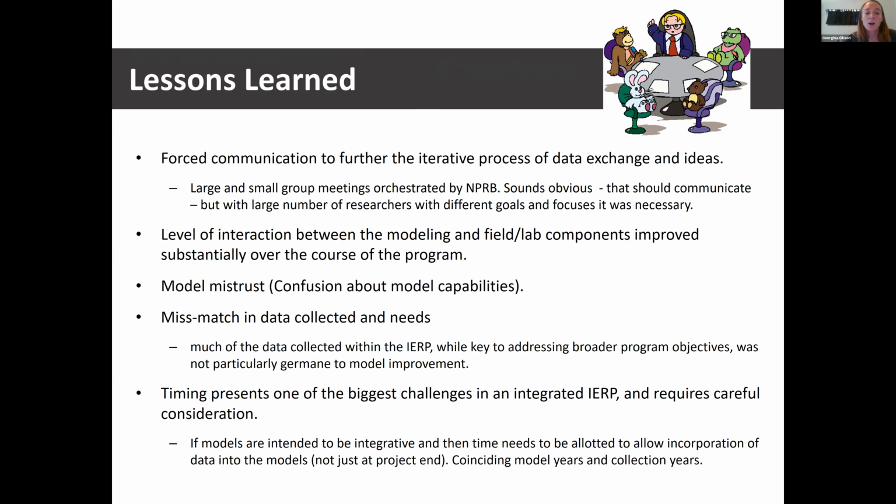And a lot of that, we got to the bottom of it, seemed to stem from big confusion about the capabilities of the models and what models could realistically show us. Yes, the model is not going to match your exact pet data point at a certain place and time, but that didn't invalidate the model. So we've gone through a lot of these discussions.